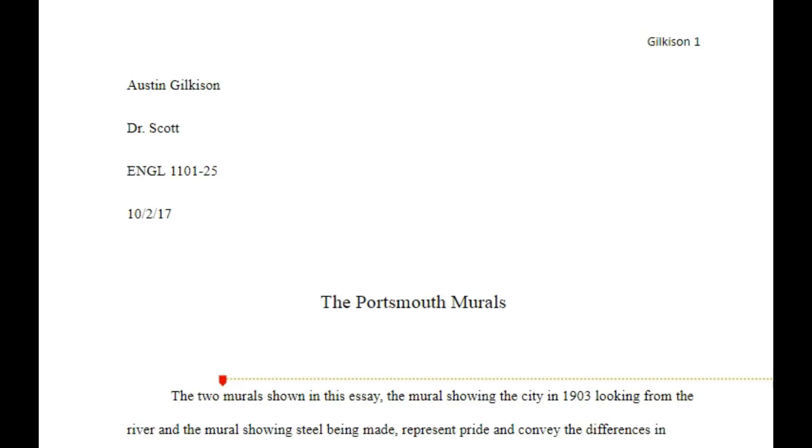I have some feedback for you on your second essay, the visual analysis. There's going to be class time on Monday, tomorrow, for you to work on your revision, to ask me questions, and to make sure that you've got a good plan for revising the essay. The revision is going to be due a week from Monday, so that's going to be Monday, October